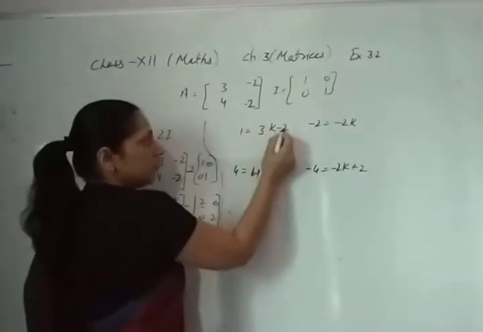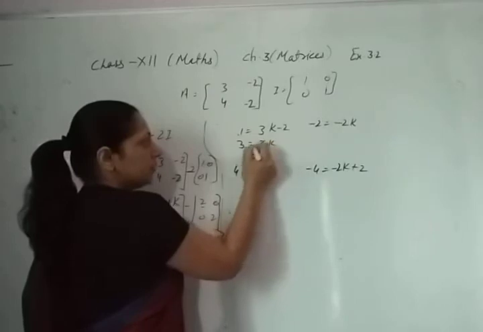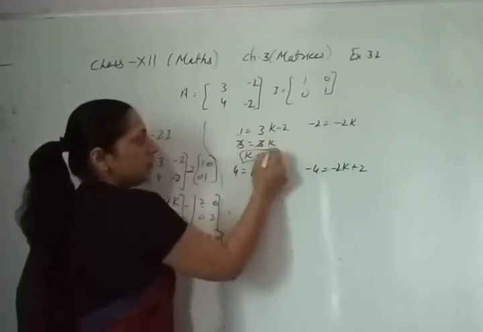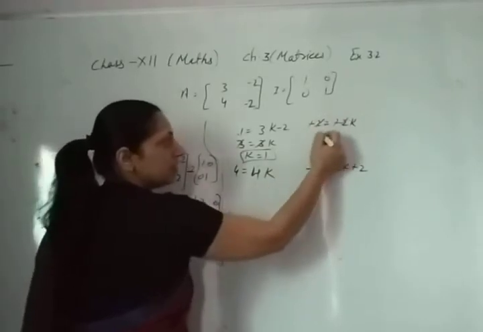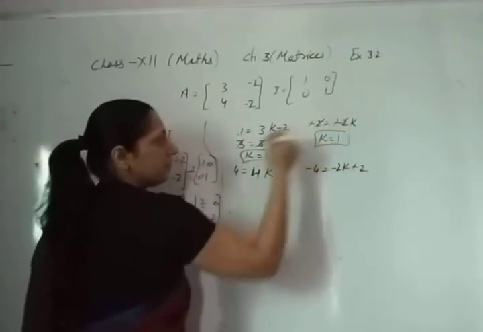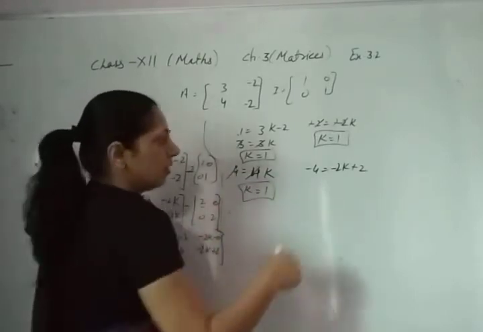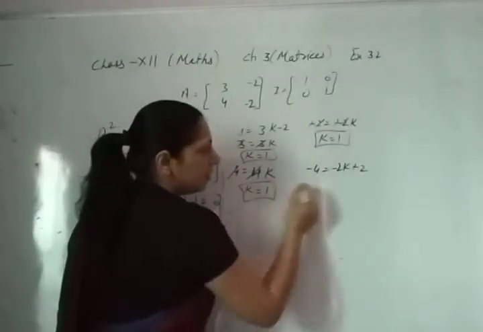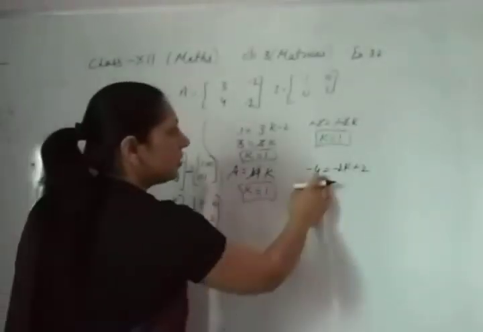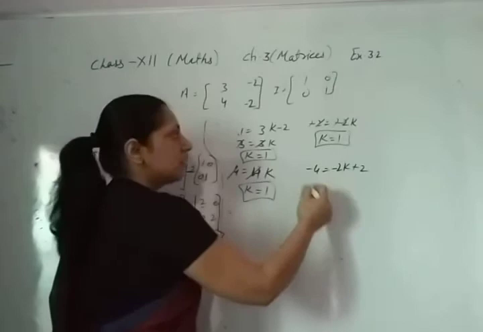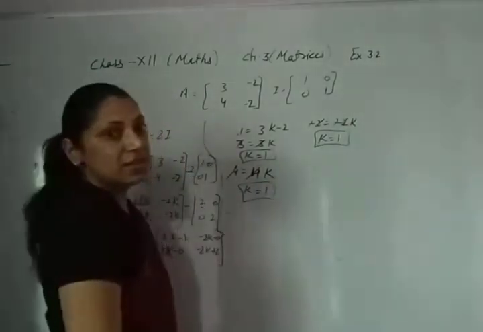So it's minus 2 going on the left side, 3 is equal to 3k. 3 3 cancel, it means k is equal to 1. Now next one, minus minus cancel, 2 2 cancel, it means k is equal to 1. From this, 4 4 cancel, it means k is equal to 1. From this equation, if we solve this equation, we will get the same answer. So in all the situations we got the same answer.